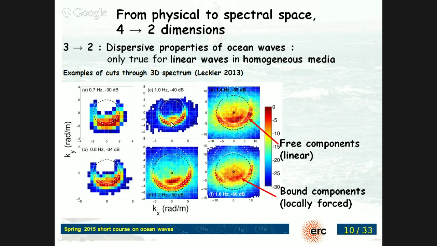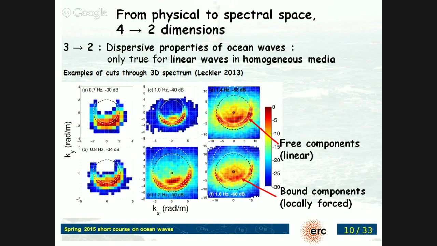You can see that at higher frequencies, there is a bit of something happening here. So there is some energy inside here, and these are the harmonics from the lower frequencies. So the dispersion relation is not exact, especially at high frequency. You can see that there's energy on the side here and this big blob of red here, which is the harmonics. But most people don't care about the high frequencies, and you only care about the lower frequencies and the peak of the spectrum. In that case, the peak would be even more linear than that.